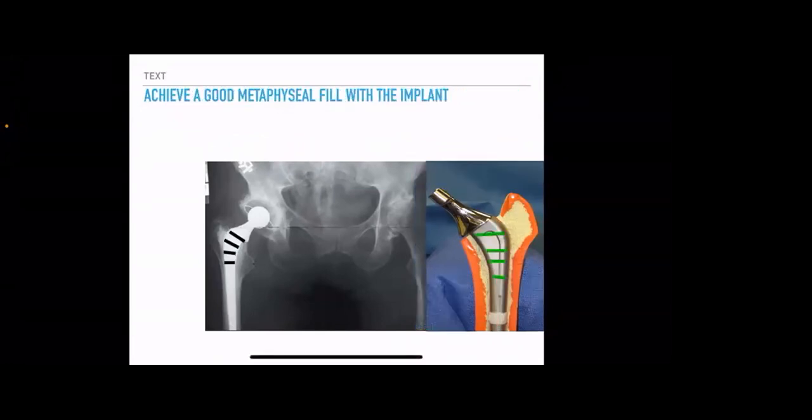The next is again to achieve a good metaphyseal fill with the implant. As I told you, whether you do it with cement or uncemented, the metaphyseal portion of the femoral stem should be well fitting in the metaphysis of the femoral shaft. So there should not be any discrepancy. Otherwise, what will happen? It will start loosening, or there will be